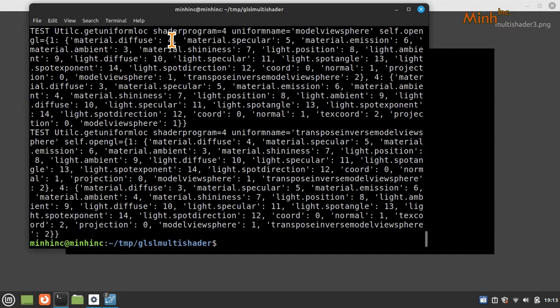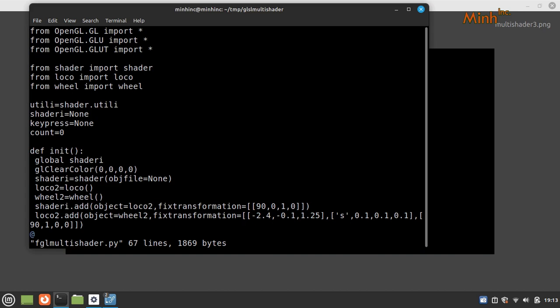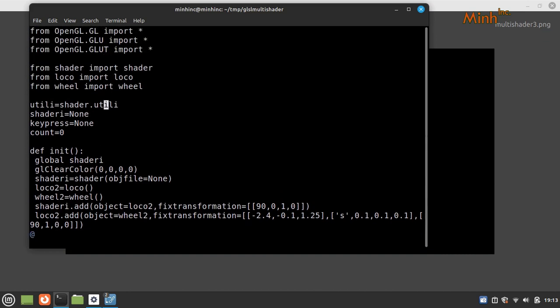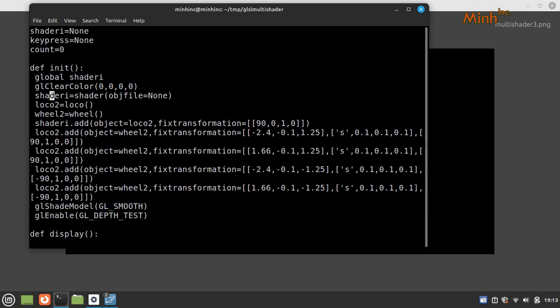Okay, what we can feel now is that this is not some kind of enigma that we are typing in. Shader is a program that manages various shaders, and loco and wheel are derived from shader. Everyone maintains a vertex shader and fragment shader, and then we have a guy called shader I, a container shader which has no object file. And this loco and wheel, if I see their constructors,